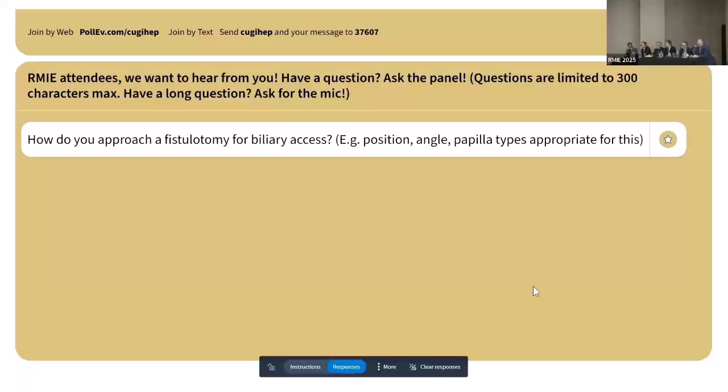But I don't think that this should be something, even if you're a person who utilizes EUS-BD techniques frequently, I don't think that it should be the first step after you spend 3 minutes trying to cannulate the bile duct. I just don't think that that makes sense. I think the reality in these situations is,